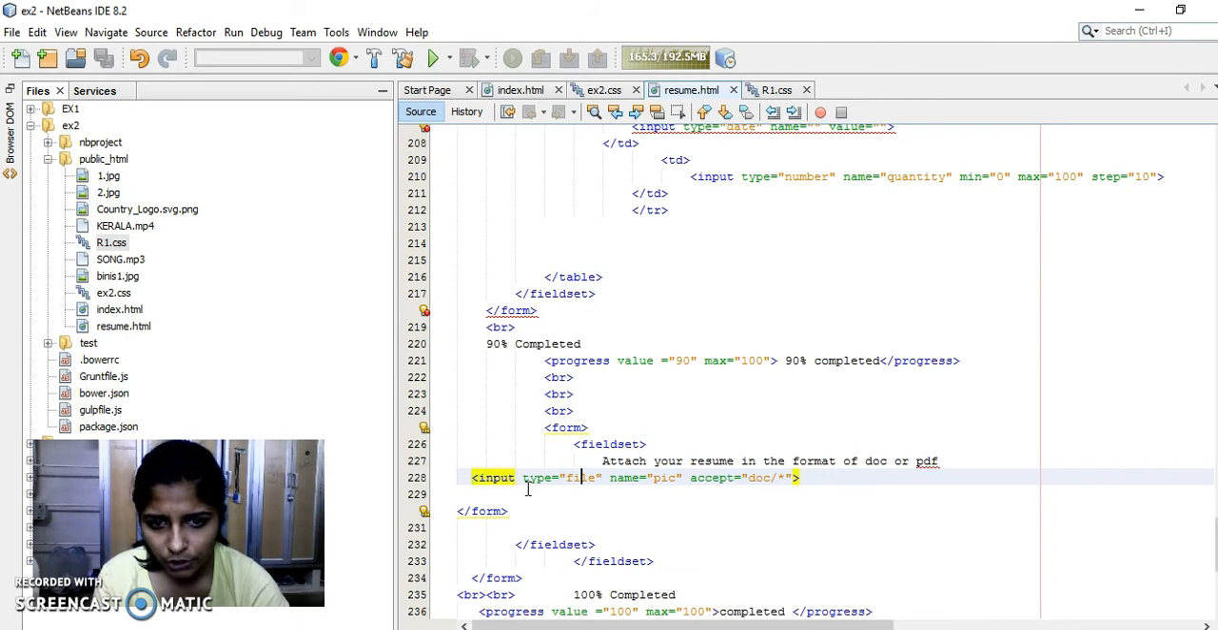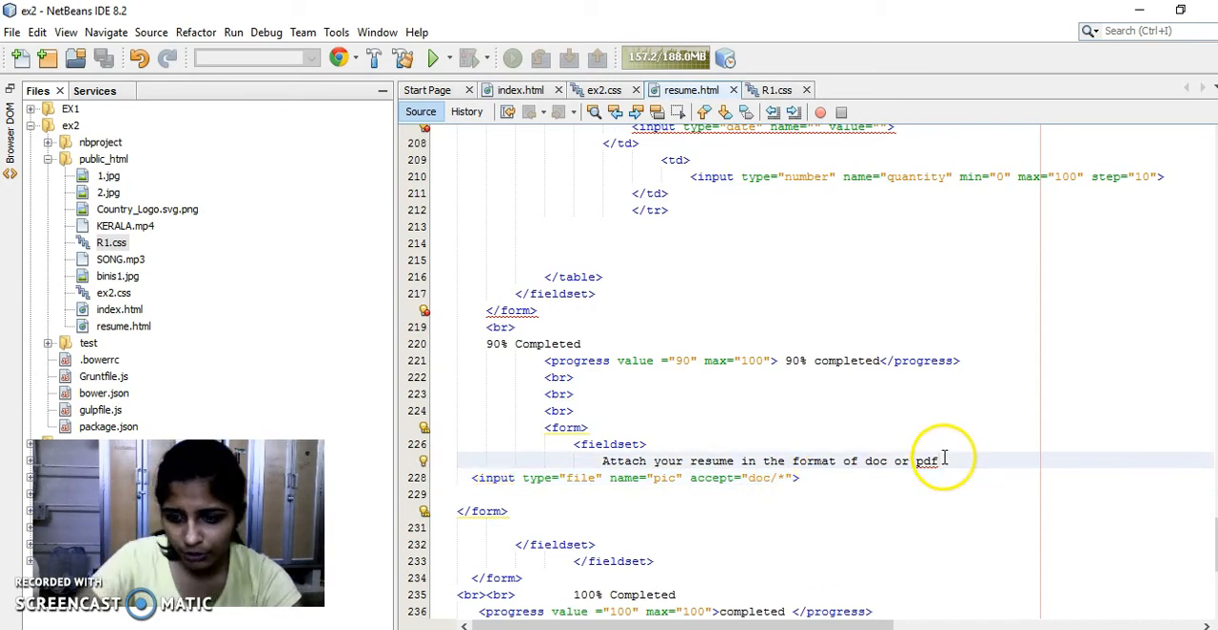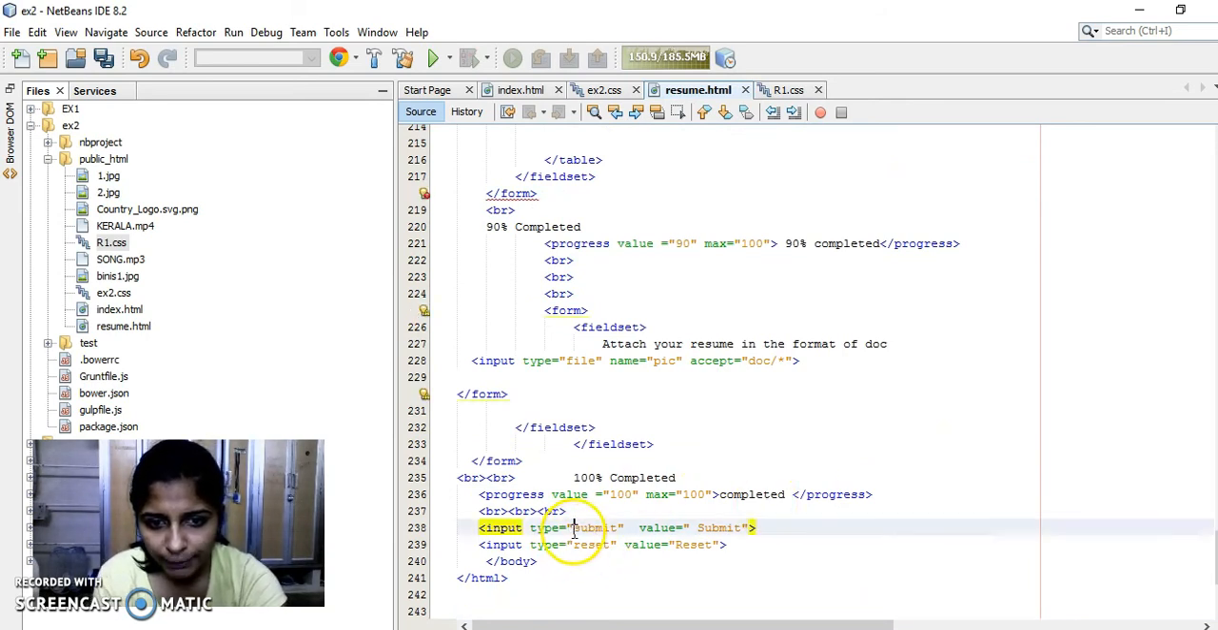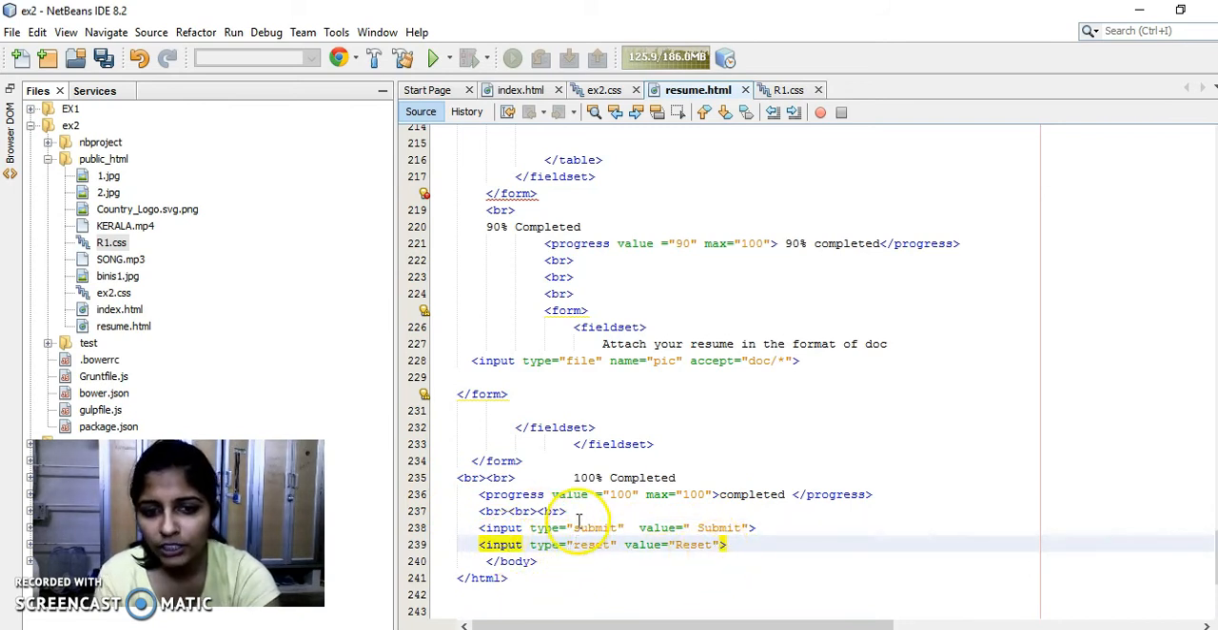So input type equal to file, name equal to pic, and accept the docs file only. I have accepted over here not a PDF file, only the docs file should be accepted. Then here our field set. Then our input type equal to submit, value equal to submit, and the input type equal to reset, value equal to reset. These two are the buttons of the